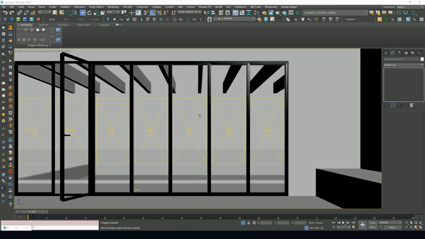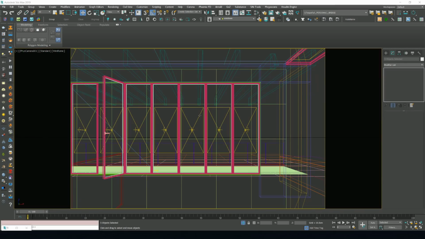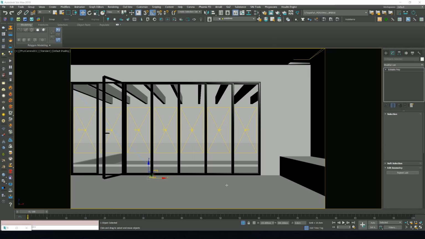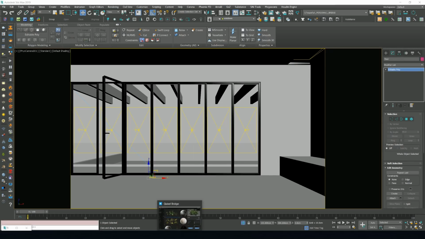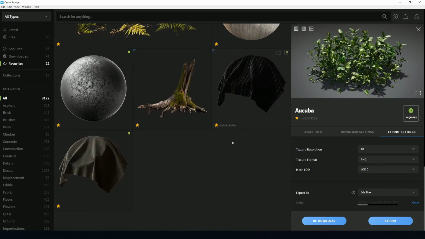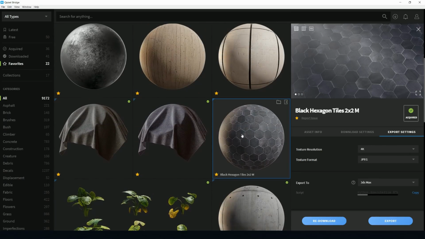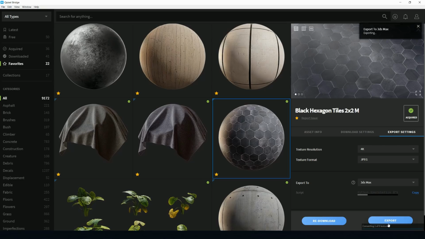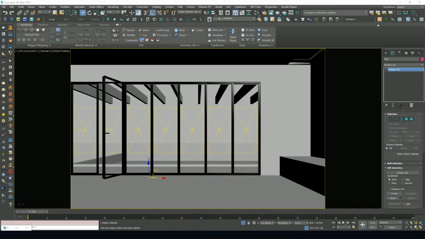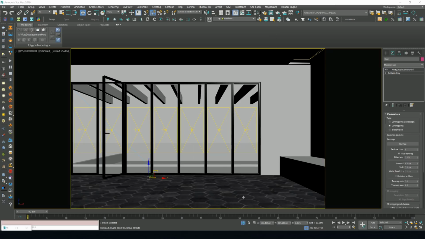from Quixel Bridge. Back when we started our Megascans live link, we had the option of apply material to selection turned on. And at this point, what's going to happen is that we're going to select an object, in this case our floor, and upon pressing the export button, these black hexagon tiles are going to get automatically applied to our floor object. If you look at the modifier stack of our floor, you'll see that a VRay displacement modifier